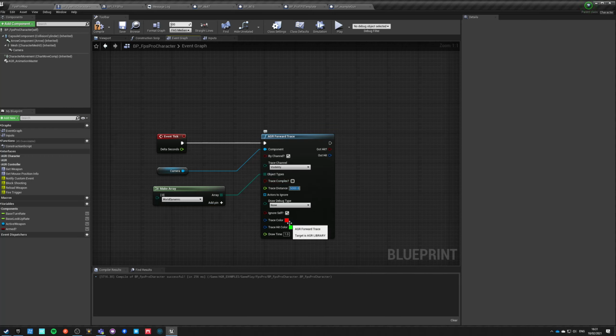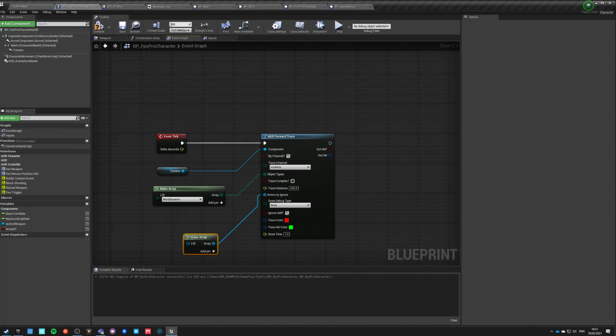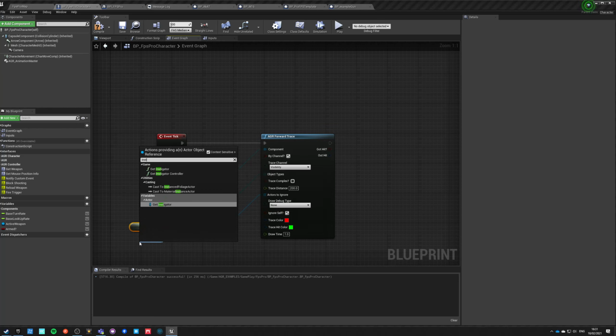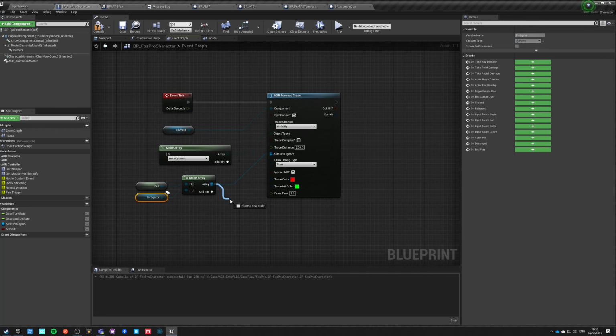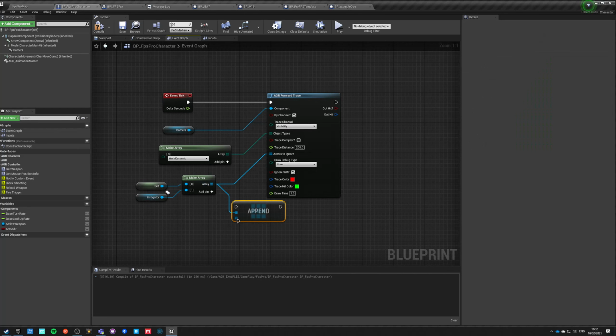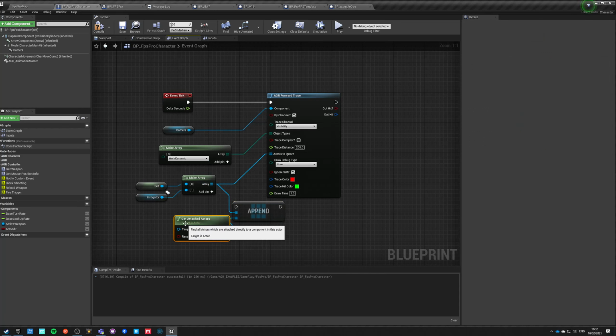Trace distance will be just 2 meters, and actors to ignore, we're going to make a list, and it will be self, which is, well, basically ignore self anyway, but also instigator, but also append, and we want to get attached actors of ourself.